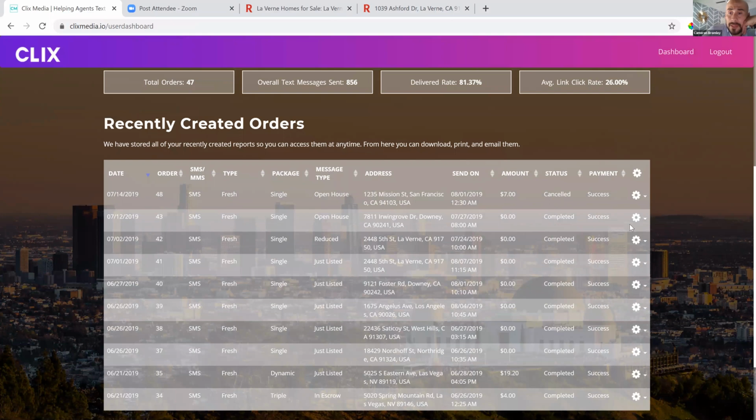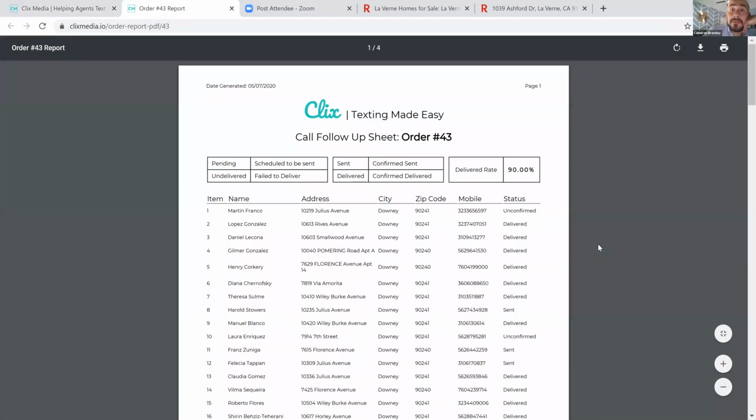So all these are different ones that we've actually sent out. And by clicking your little drop-down button, you actually have some options, okay? So for example, we go ahead and provide a PDF report of everybody who received your text message, okay? So we give you their first name, last name, we give you their address, and we give you the deliverability rate and their phone number, right? So again, this is the way that we can basically prove that what you're paying us to do, we're actually doing it, right? So you can basically call anybody on this list,